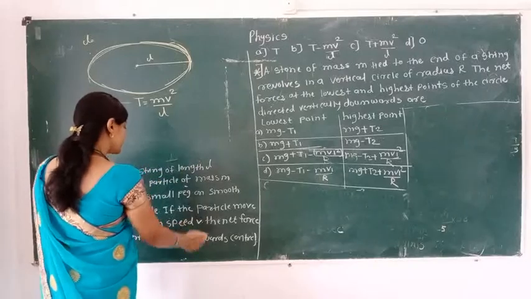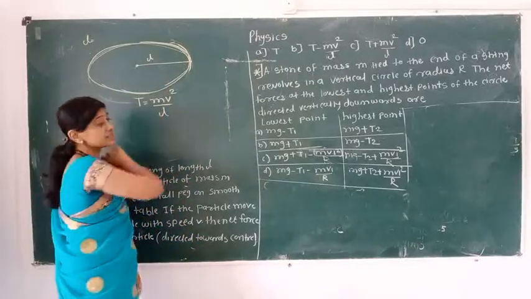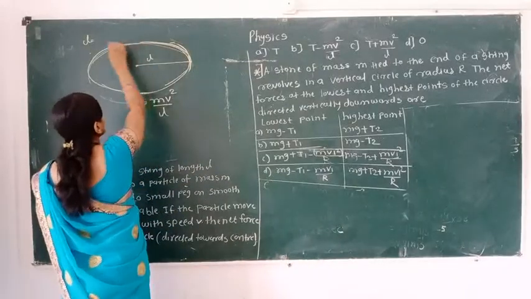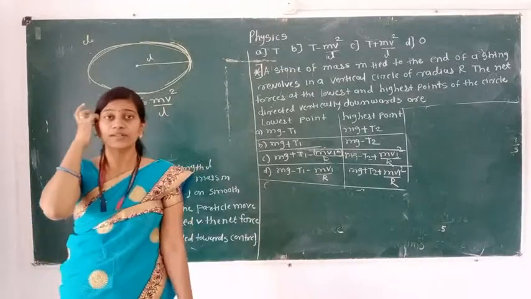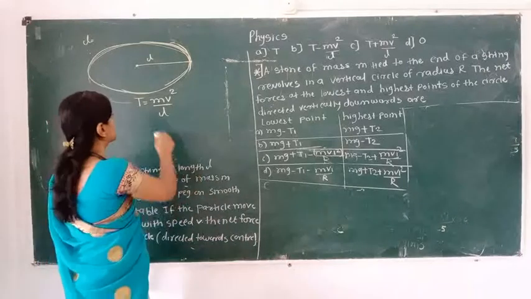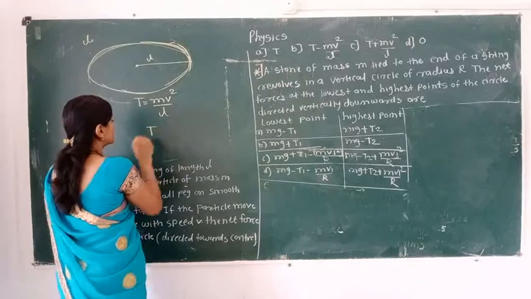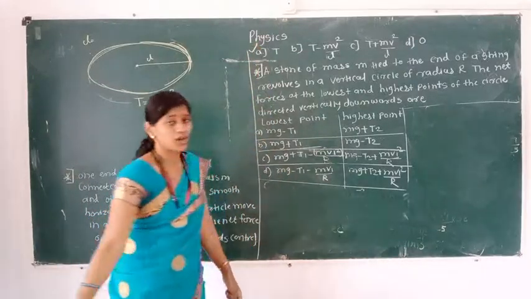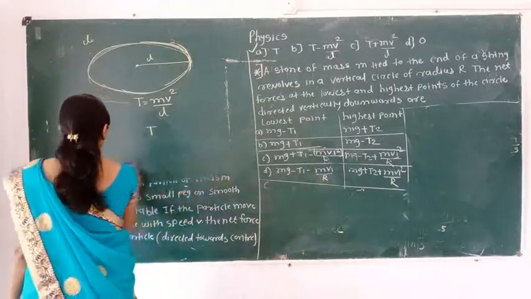Here given v is the speed, m is the mass of that particle, and here the net force is directed toward the center of a circle, a horizontal circle. Net force is directed toward the center, so it is a centripetal force. Okay, it is directed toward the center, so we are getting T is equal to mv square upon L. So this is our necessary centripetal force. So as per the given options, our option A is correct. Let me move toward the next MCQ.